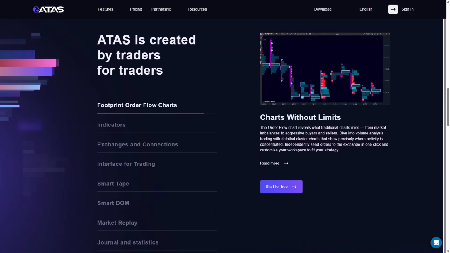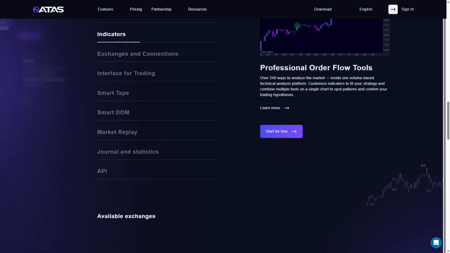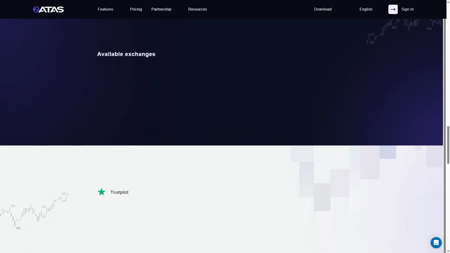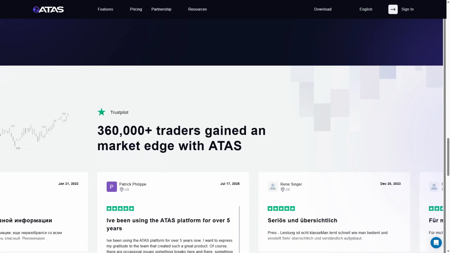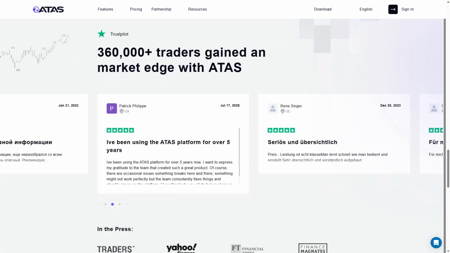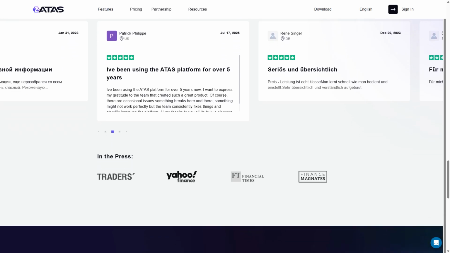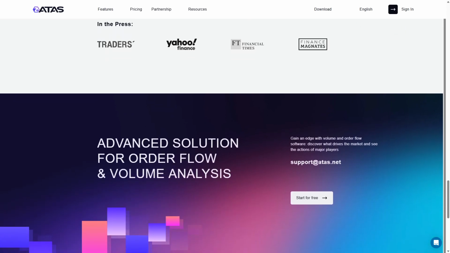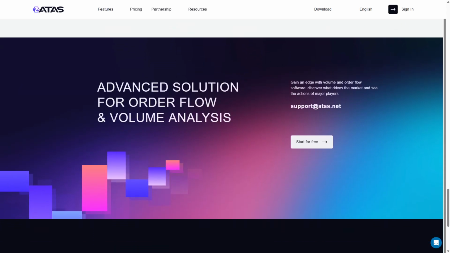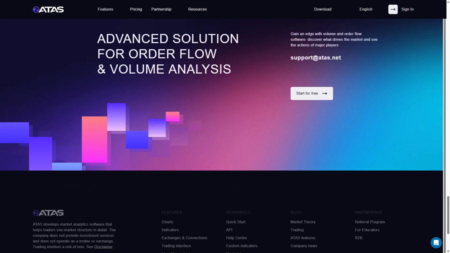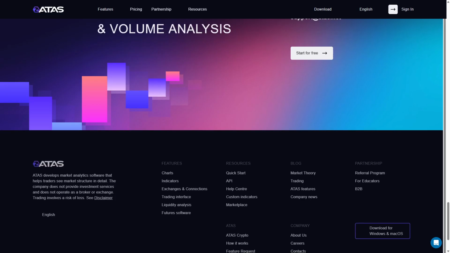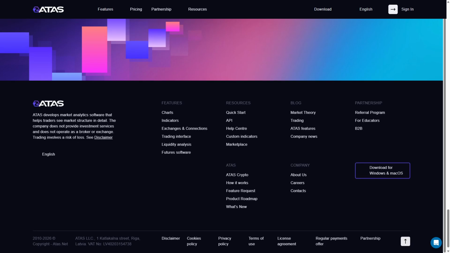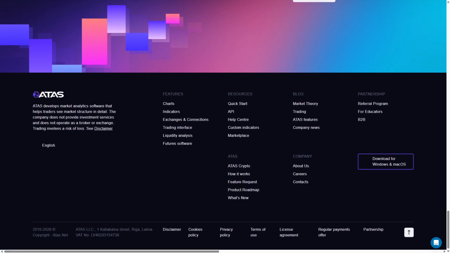ATAS supports multiple asset classes and exchanges, making it versatile for futures, stocks, and crypto markets. Its strength lies in deep data granularity and extensive analytical features, ideal for professional traders who rely on volume-based decision-making. However, the platform can be complex for beginners due to its steep learning curve and extensive options. The interface is powerful but may require time to master. ATAS suits experienced traders focused on volume, footprint, and order flow nuances who want a data-rich environment to refine their